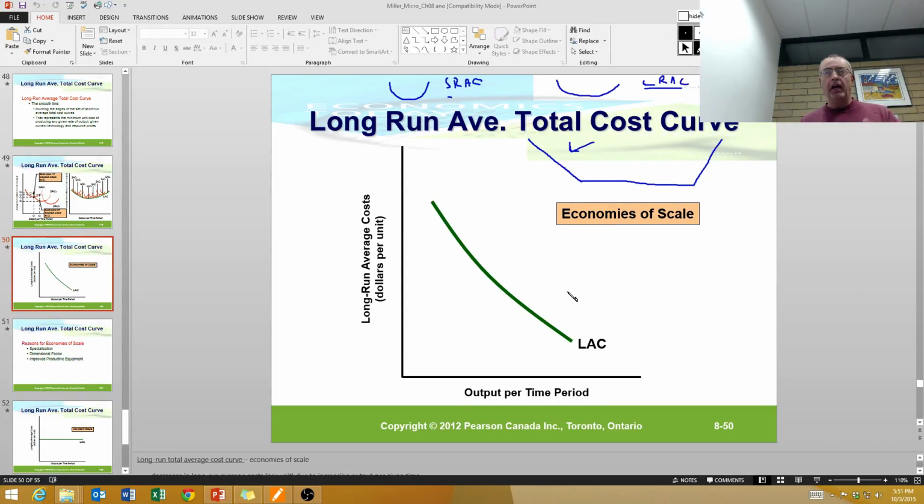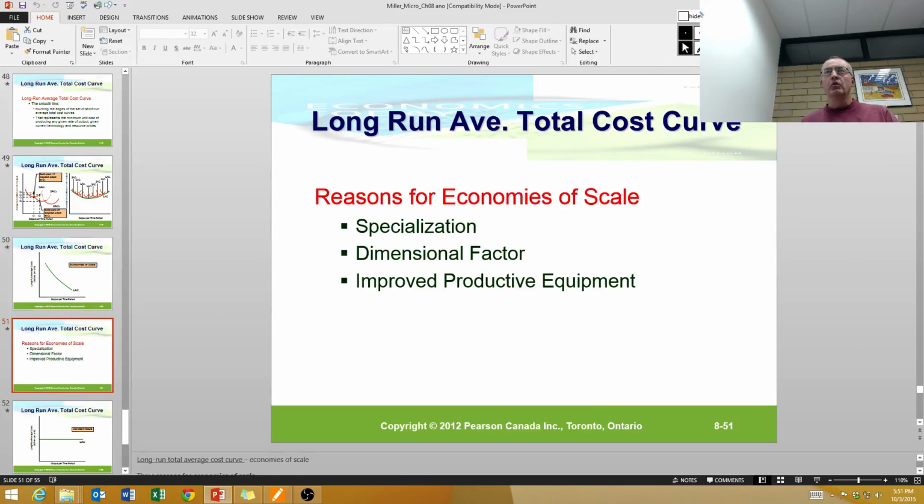This means that as the size of the plant increases, its long-run average costs decline. So that's a positive thing. That encourages companies to build large-sized plants. So the question is, why can the long-run average cost curve decrease? We have three reasons. One is,